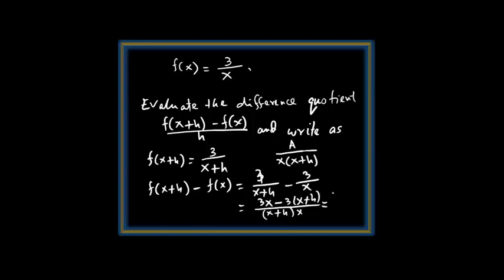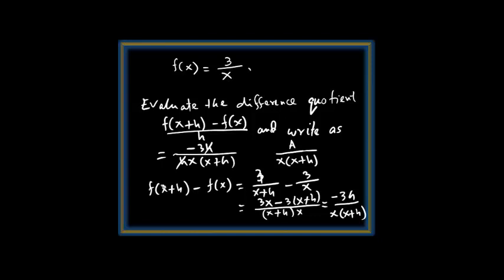Now if you further simplify, it is very simple. Just distribute the negative sign and you'll see 3x and this negative 3x will cancel out. You end up in the top as 3h over x times x plus h. So that is my numerator in this. So I'm going to plug this value here. So I'm getting in the top, it's 3h over x times x plus h, and you have another h, you can put it here, it's okay. So then this h will cancel out.